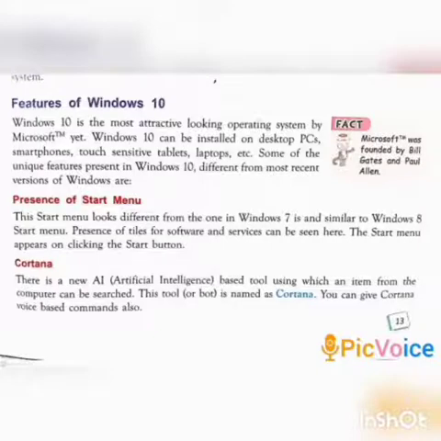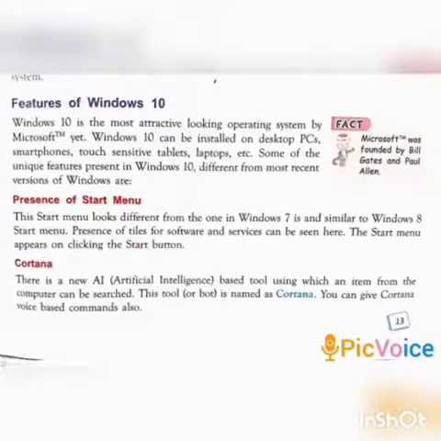Unique features present in Windows 10, different from most recent versions of Windows, are: first, the presence of the start menu, see page number 13; Cortana; and, on page number 14, task view, Windows App Store, and Power User Mode.